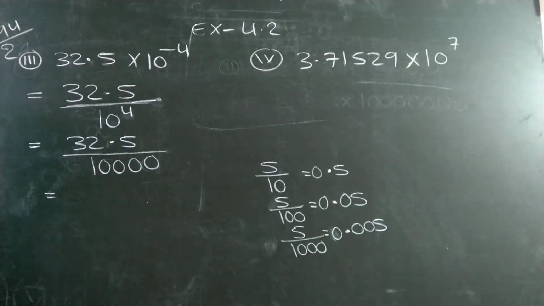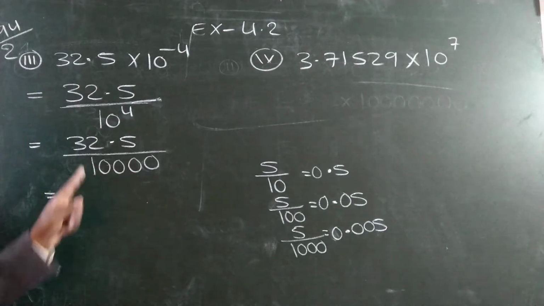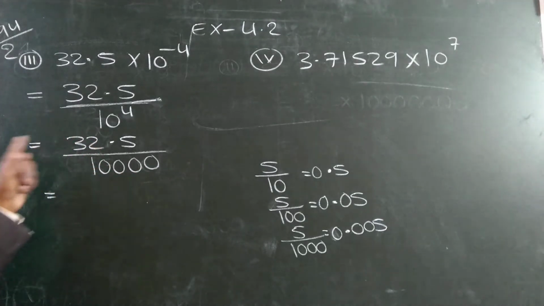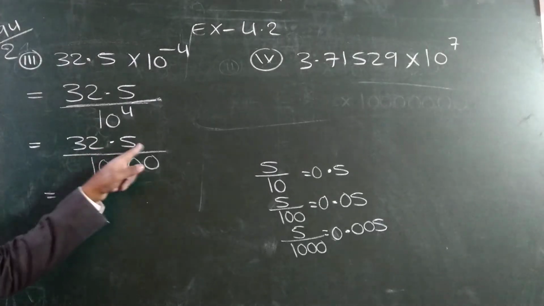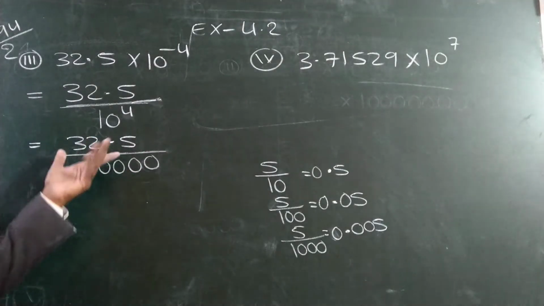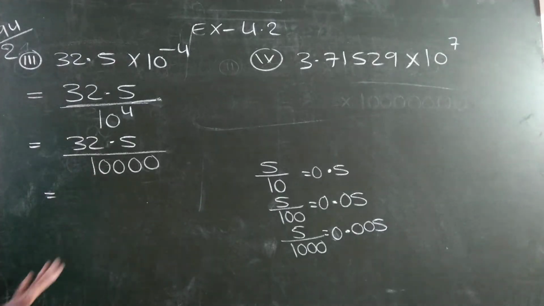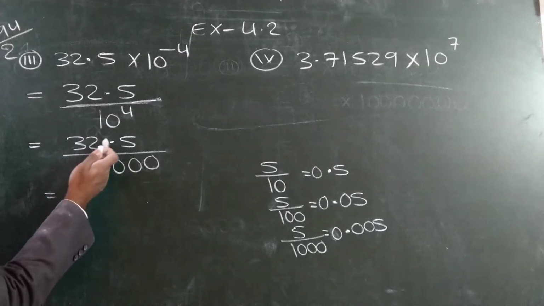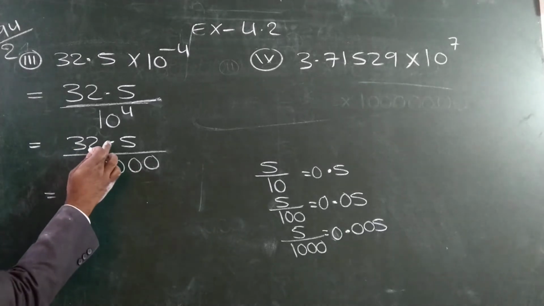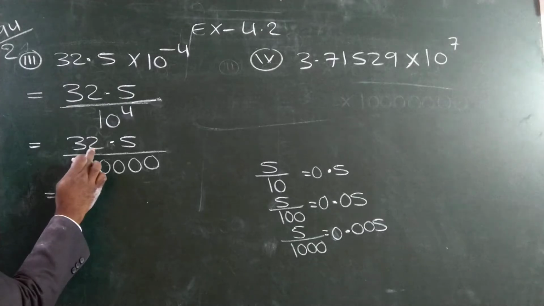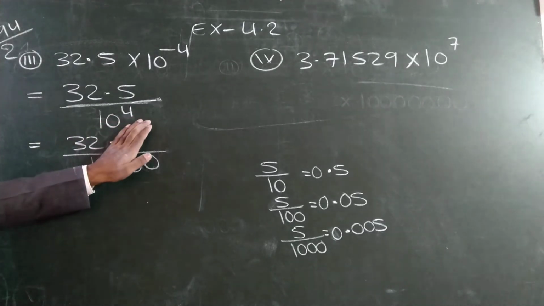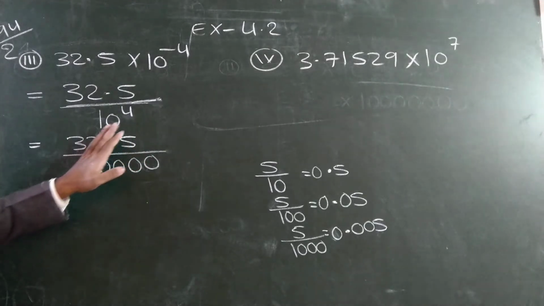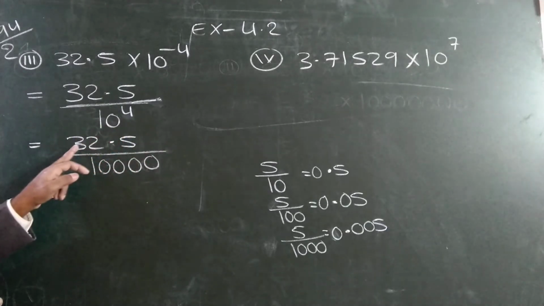Here also, to remove 4 zeros, the decimal should move 4 digits. Already the decimal is here. Even we can remove this decimal by writing one more 0, so that also you can do. But anyway, the answer is again in decimal, so I am not removing. How to remove 4 zeros here? To remove 4 zeros, the decimal should be before 4 digits. Already here, so 4 digits you cross. Don't consider this 5. Leave it. So suppose if it is only 32, so 2 digits.